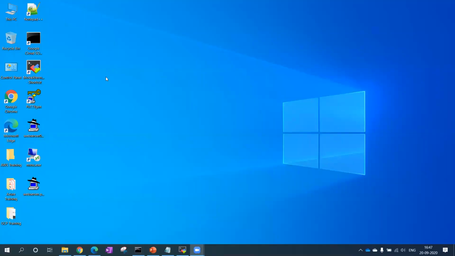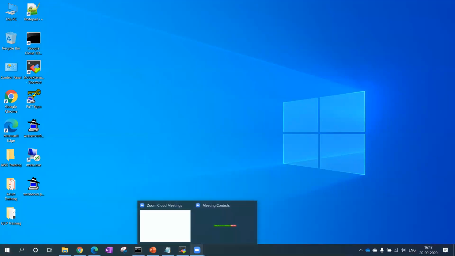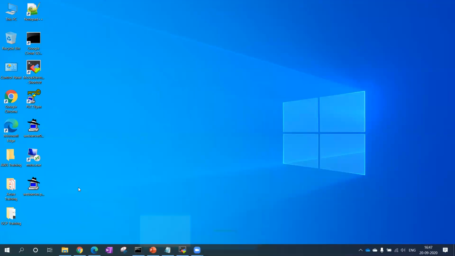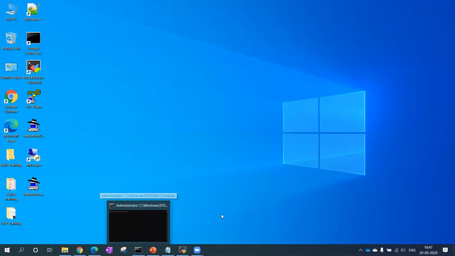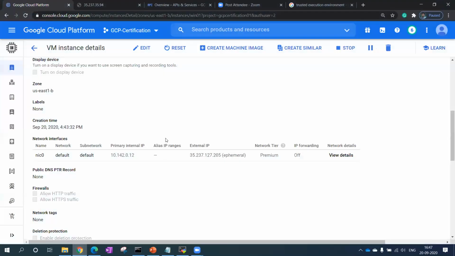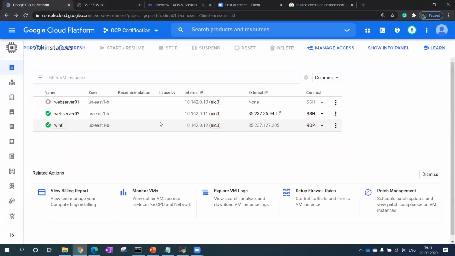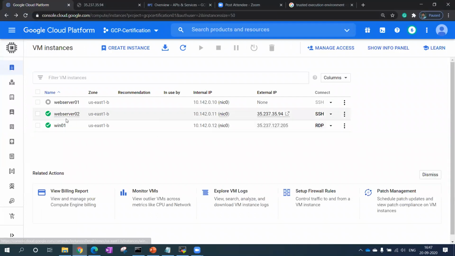Okay, fine. Now let me show you something else. The third point is about the SDK. I told you that whatever I have created right now, I created through the portal only. I created the Linux Debian VM as well as the Windows VM through the portal. Now, if I don't want to use this portal and I want to create multiple VMs in one go, then definitely this option won't help me, because in that form you get the option to create only one VM at a time.